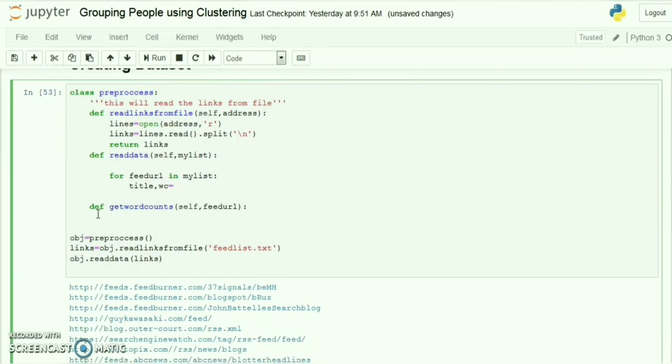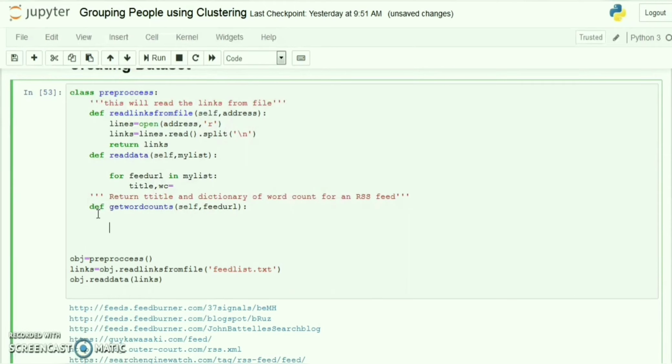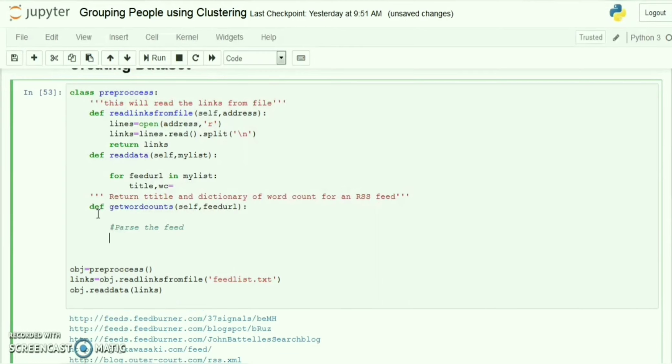Now here is the section where we do parsing. This will return the title and a dictionary of word count for an RSS feed, that is the URL. All right, now the first thing we need is to parse the feed, feed parser, d equal to